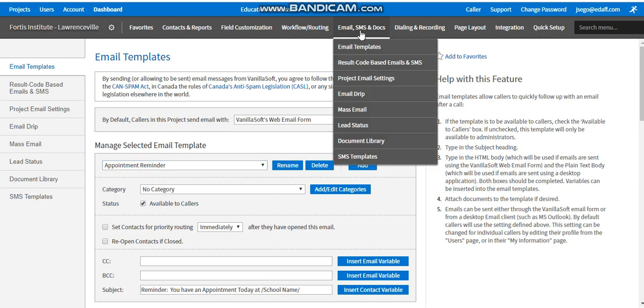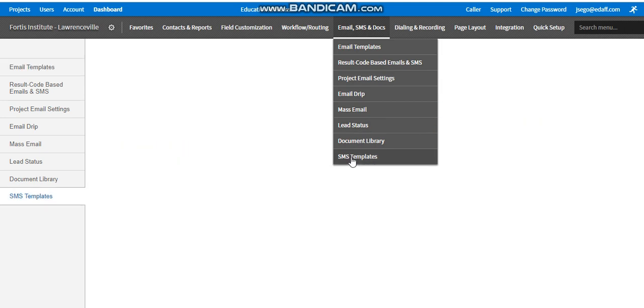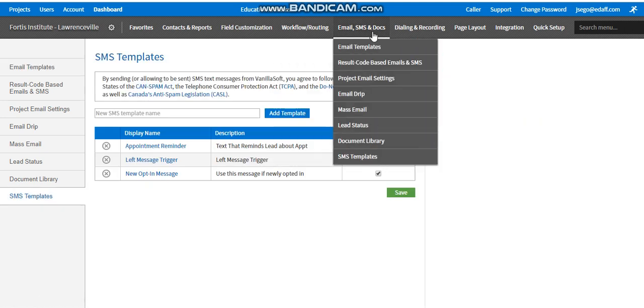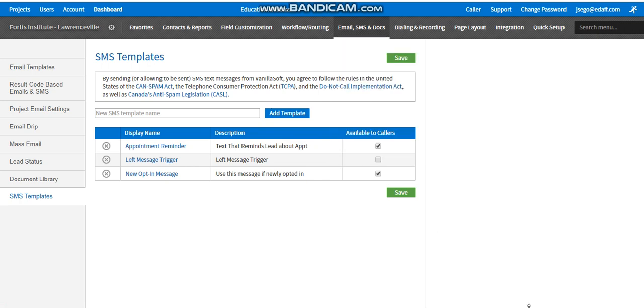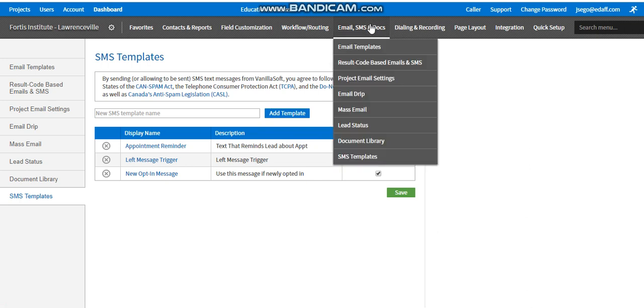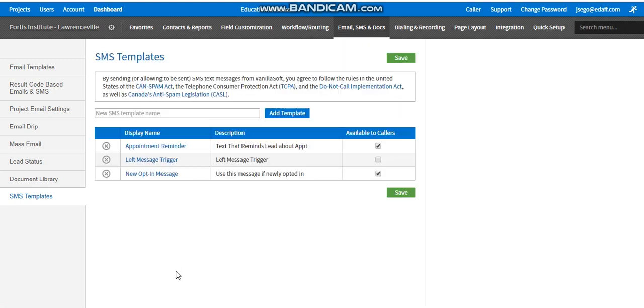SMS works the exact same way. You have a bunch of SMS templates down here. So again, I went to the bar, scrolled down from email, SMS, and docs to SMS templates. And here we have a list. If you want to edit a template, you just click on it. If you want to add a template,